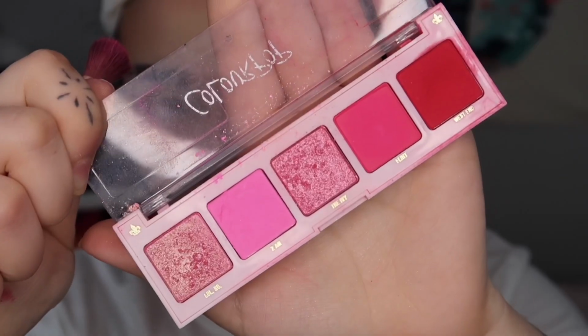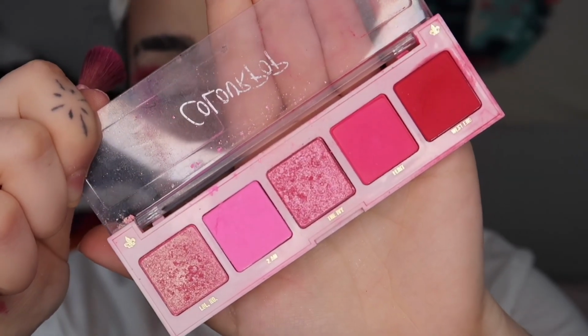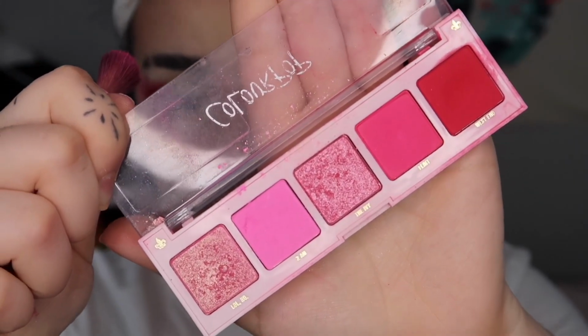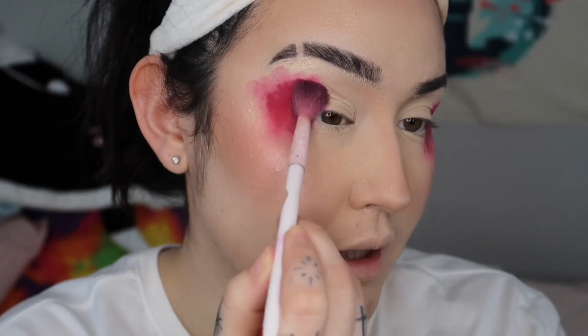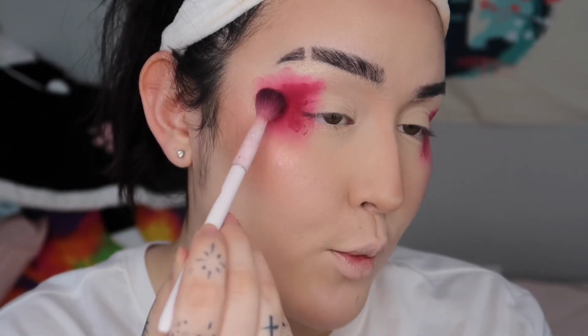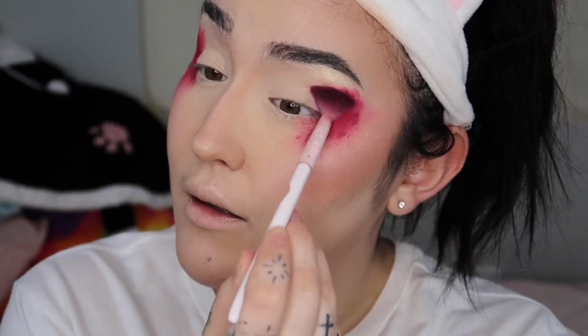Perfect. Today I'm using ColourPop eyeshadow in the palette Too Hot. It is absolutely my go-to favorite red and pink shadow of all time. Dip and place. Essentially, the liquid lipstick is used as a base to make our red even more pigmented. Essentially, you can go ahead and leave it like this, but what I like to do is take a deeper